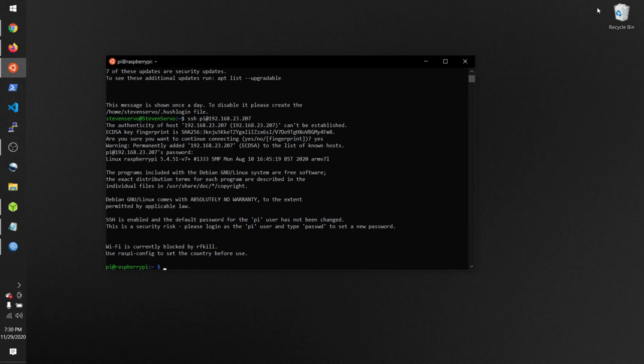Okay, so at this point we know that SSH is working. We're able to get into our Raspberry box, and at this point you can change the password. There's password information up here, and just make it your own. For now, you can also type in raspi-config to configure any which way you like. But really the next step, now that we know that this is working, is we're going to go